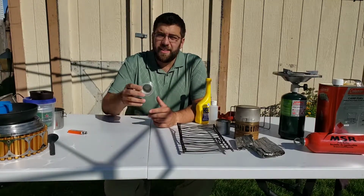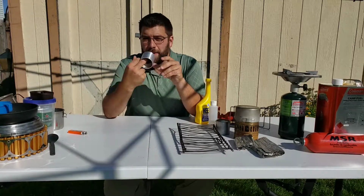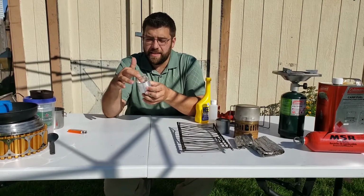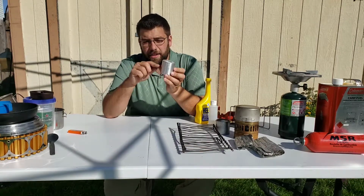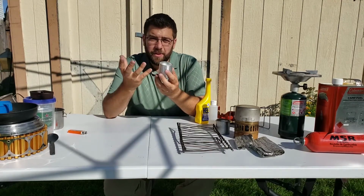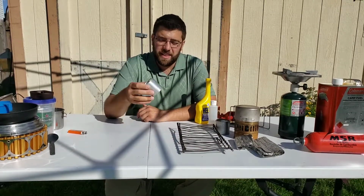The way these work is there's two layers of metal here, so it's a double wall little container. You pour your alcohol on the inside and you light it on top. As the alcohol burns, it warms up the metal, and alcohol that gets in between the two layers starts to vaporize and come out of these little holes on the side, and it will then bloom almost like a stovetop burner. I'd show you right now, but it's so sunny out that you won't be able to see the actual